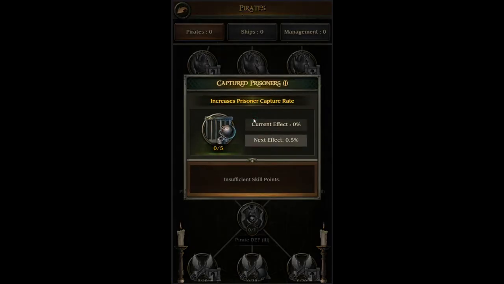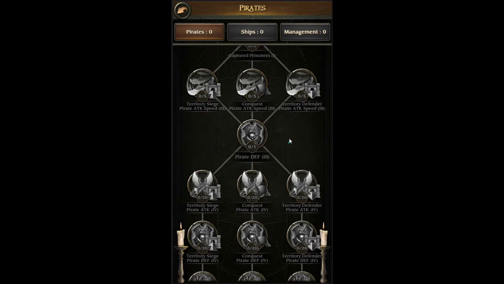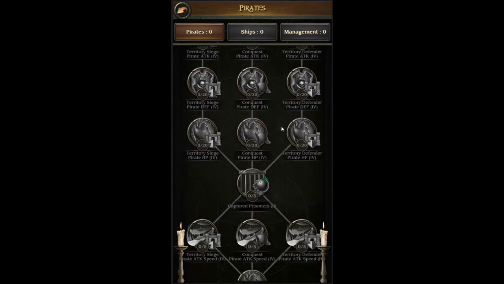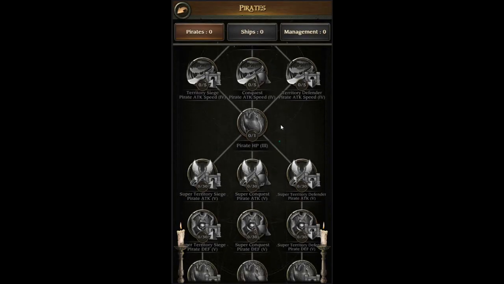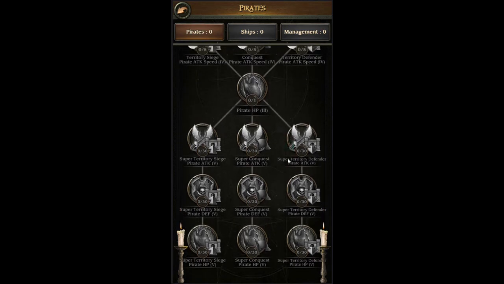Captured prisoners, what is this? Increases prisoner capture rate, so you'll just take more prisoners when you actually hit somebody. More attack speed, more pirate defense, more of those three things. More captured prisoners, more attack speed, more pirate health, and then of course you got your super territory defender, conquest, and siege, which